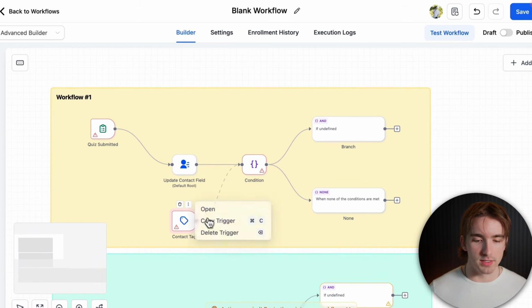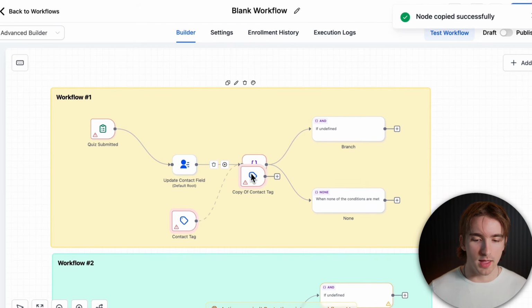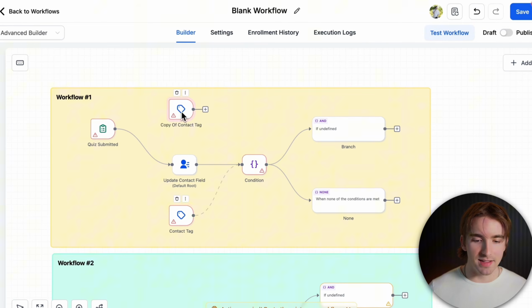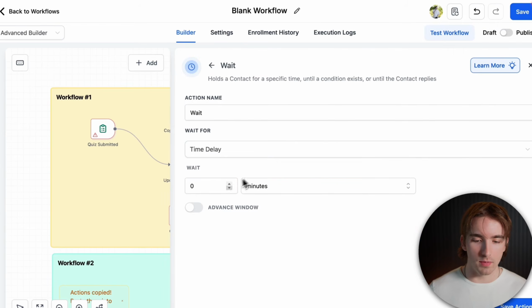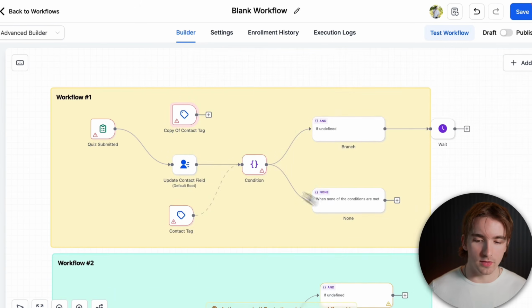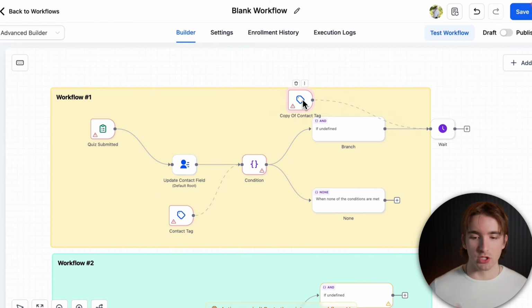For example, if we want to have 2 of these, we can copy this trigger and go ahead and paste it. And then we can send this second trigger to another part of the workflow. So what if we want to have, for example, a wait timer at the end of this if statement? We can send this trigger straight to that one. So there we have 2 different go-to connections that are interacting with the same workflow, but they're not launching it